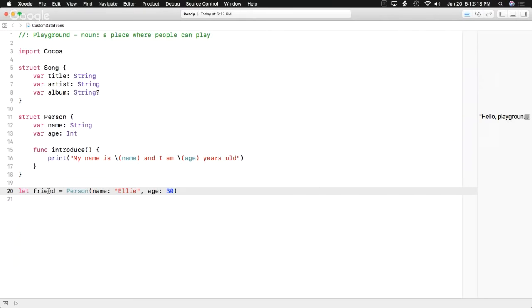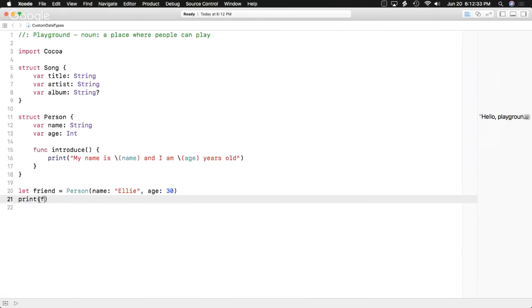But then construction workers, or you, if you know how to build a house, I don't, use the blueprints to figure out how to actually create a physical house that you can live in. That's kind of what we're doing here. We're saying take this blueprint for a person, and I want one of them that's a real thing with this name and this age, and then assign it to this variable. And now we can do stuff like print out this person's name,